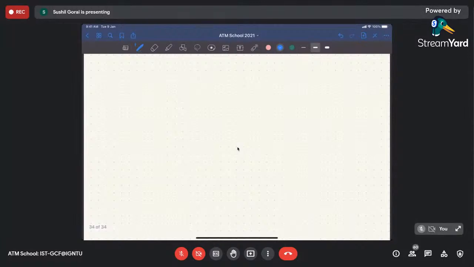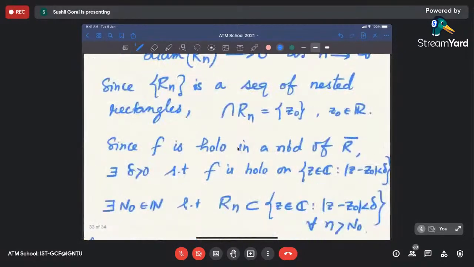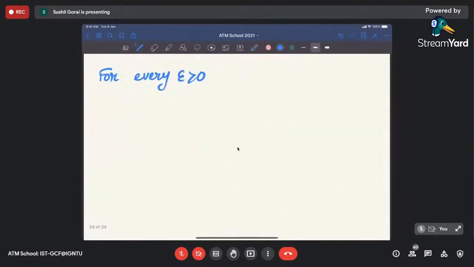So for every epsilon greater than 0, we'll use this limit. We'll unfold this limit in terms of epsilon and delta. All right. So for every epsilon greater than 0, there exists, let's say, delta tilde. We can take delta tilde smaller than delta, such that